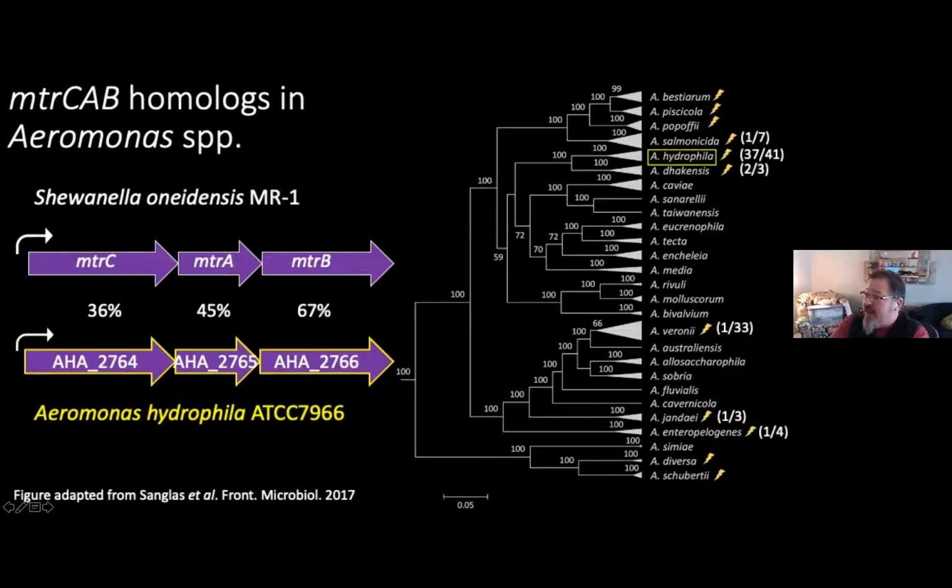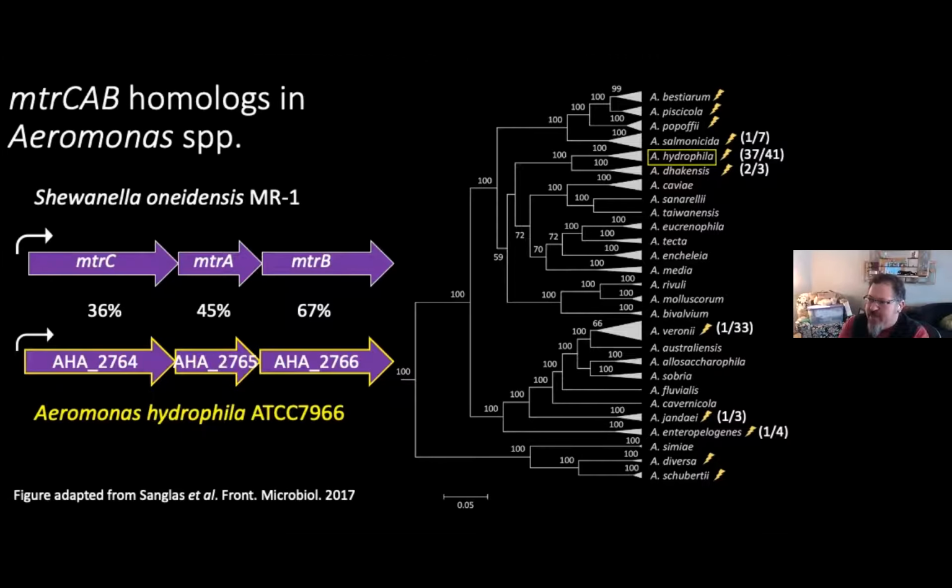Other than being dominant in hydrophila, it doesn't seem to be consistently found across the species. You see just a few little lightning bolts here and there. Here's a Veronii, which is also highly sequenced, and just one of those isolates seems to have this. So it doesn't seem to be a common property of Aeromonas strains. And this was our first hint that maybe this capacity might be moving around